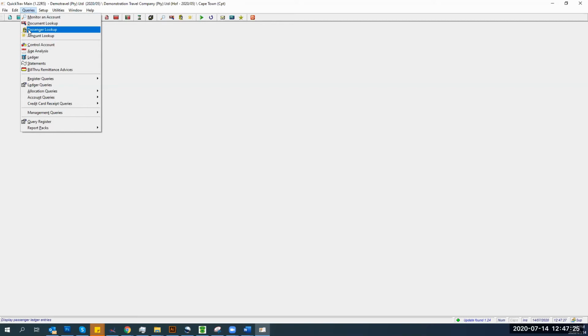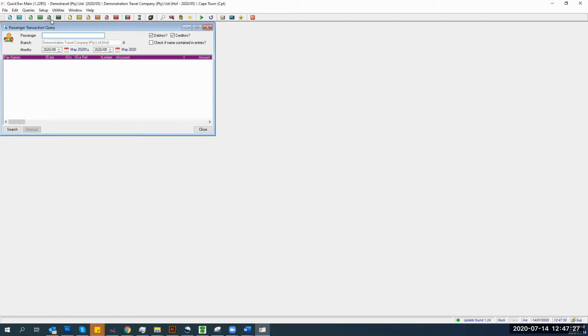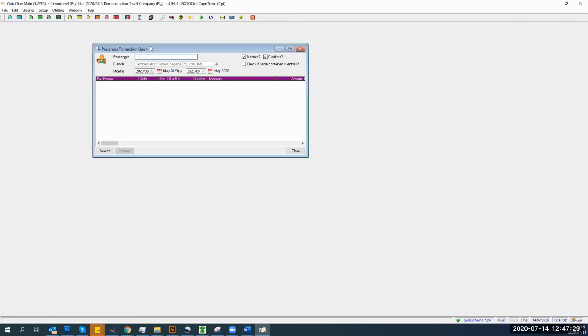Now, if you've played with this before, forgive me for getting overexcited, but the passenger query now allows you immediately, and yes, you can go do this in invoicing, but in invoicing, it's not going to show you any payments that were done or any journals or anything for a particular passenger. This passenger transaction query, the moment you type in the passenger's surname, who can we use? I'm going to say Miller. Okay. The moment you type in the passenger's details and set your range,